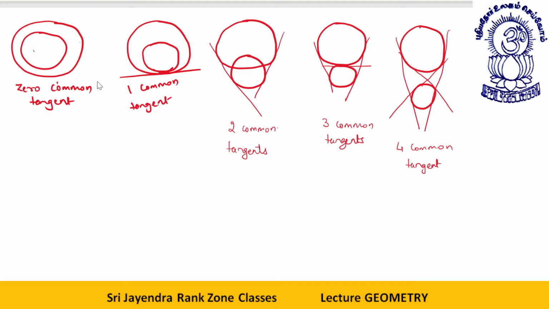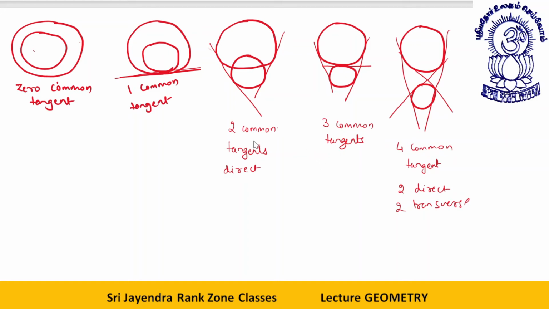Now, what are the types of common tangents? This straight line, these are direct common tangents. These others cross like this and this. Here we have two direct and two transverse. This one and this one are called the transverse common tangents. Clear, dear students? Fine. So this is the thing.